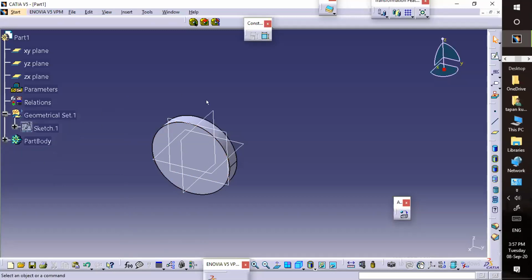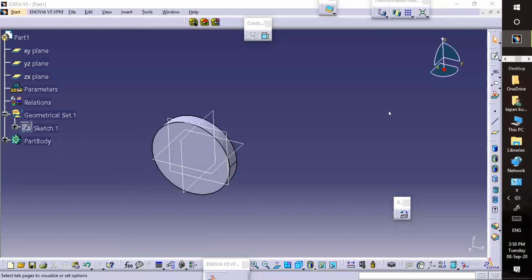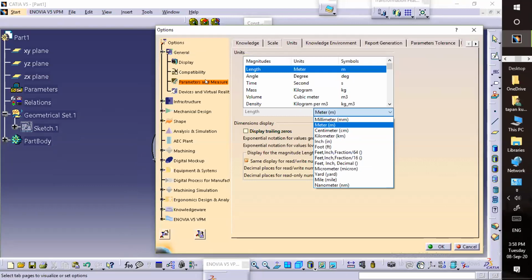So as you can see, I have created the model. I have just created the model. I have done nothing. Then after that, I changed the unit into meter. So you all know, I think, how we can change the unit. Or else I'm telling you again. How can we change the unit?